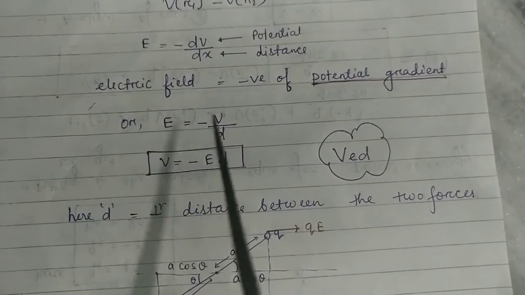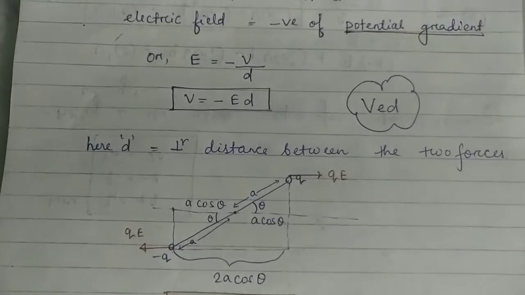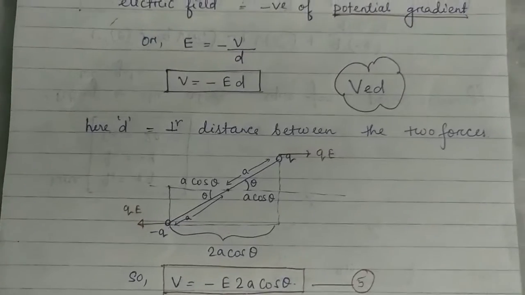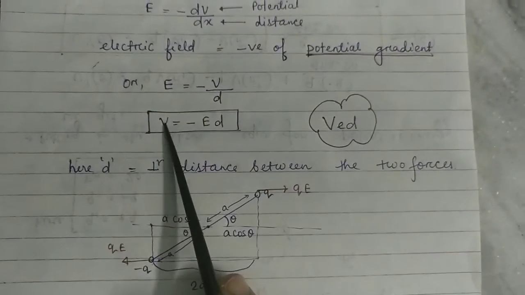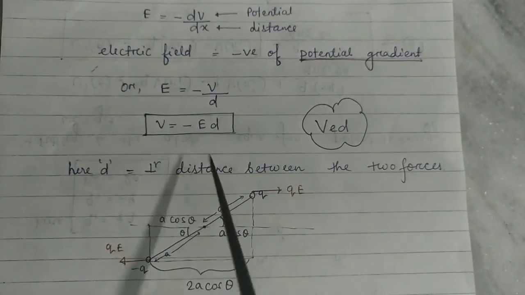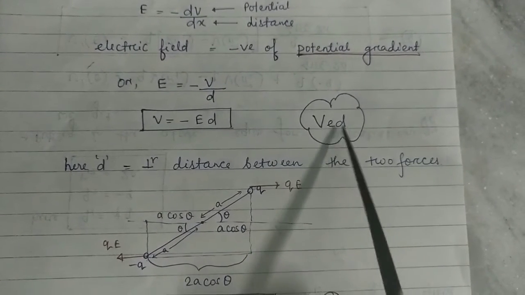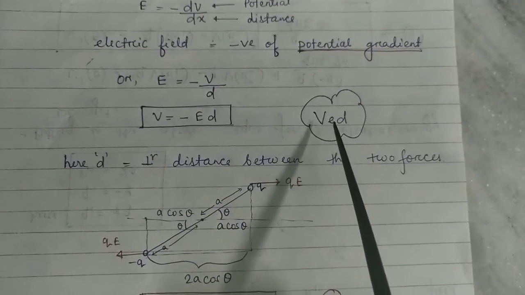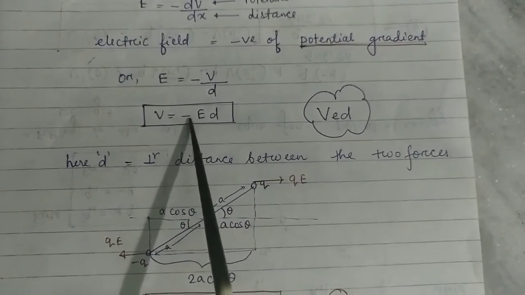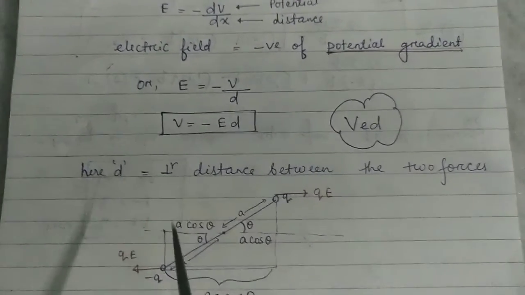So from here we can write V equal to minus of E into D. Here also, students, you can always make the formulas for physics easy. Otherwise there are n number of formulas and you'll feel it difficult to remember. So here you can write V, which is the potential, equal to electric field into D. D is the distance. We can easily remember it as VED. I have mentioned here VED. VED you already know, it is a Hindi term. So if you read Ved and Upanishad, your negative energies will be removed. So here in this formula you apply a negative sign. So remember V equal to ED, that is Ved.